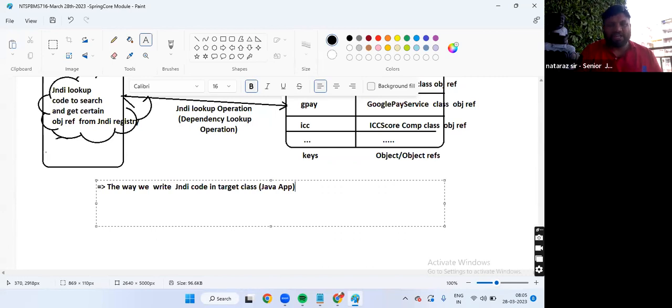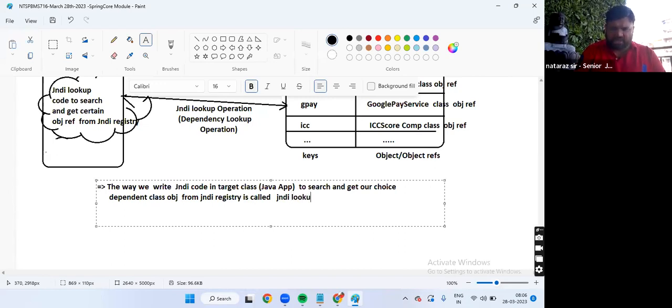The way we write JNDI code in the target class, to search and get our choice of dependent class object from the JNDI registry, is called JNDI lookup operation.